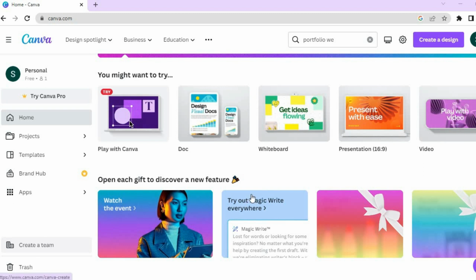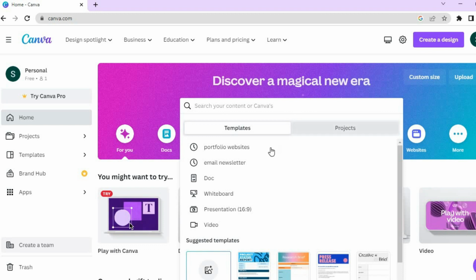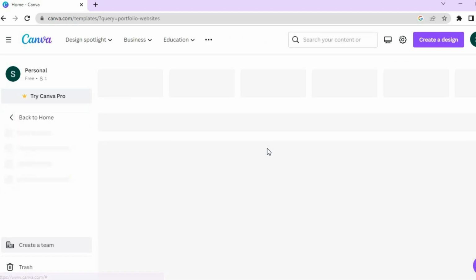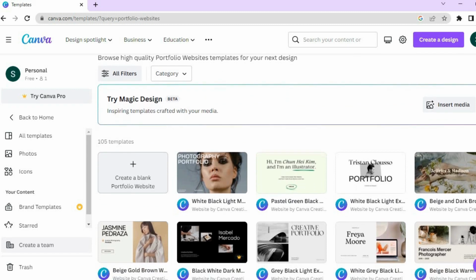The first thing you want to do once you have signed up with Canva, which you can do for completely free, you are going to tap on the search bar, and from there I want you to type in portfolio websites. After you have done that, you'll be led to this page on which you'll see numerous templates that we